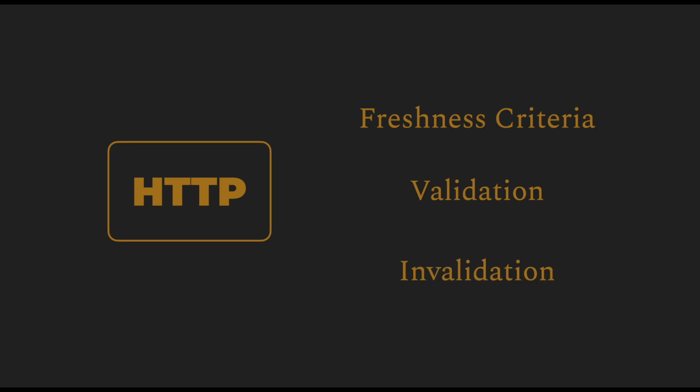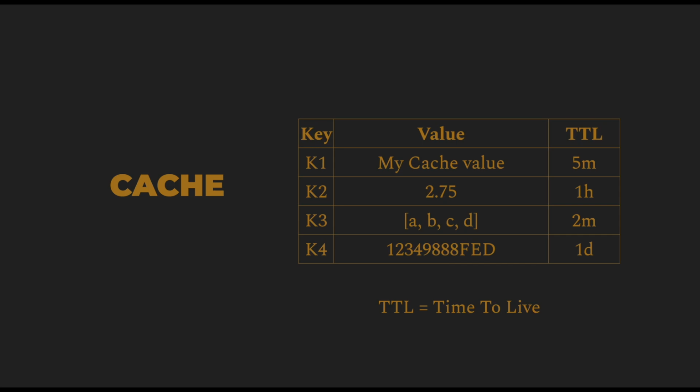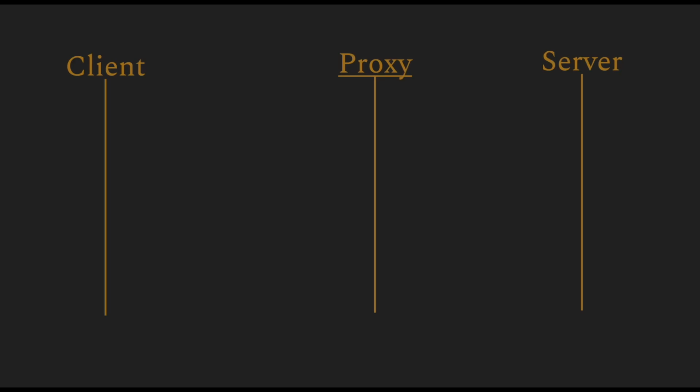Now let's look at the freshness criteria. Going back to the basic idea of a cache, there's a TTL value that defines how long cache data is valid. Freshness criteria in HTTP is a similar concept. It's used to specify when some data that is cached is considered stale or out of date. Note that I'm only going to show a few examples of how freshness can be specified and modified. There are many options and we're not going to go through all of them.